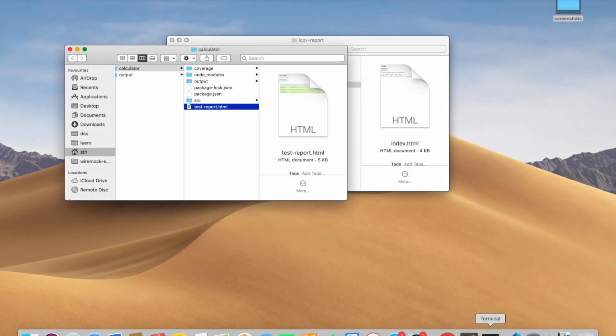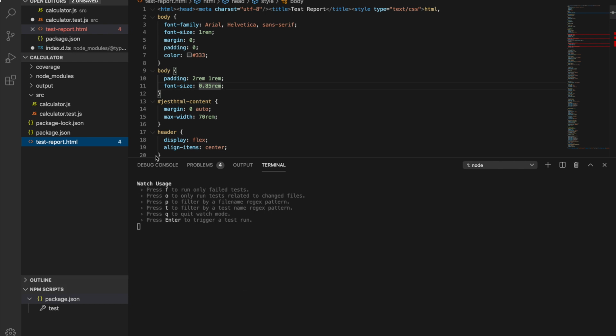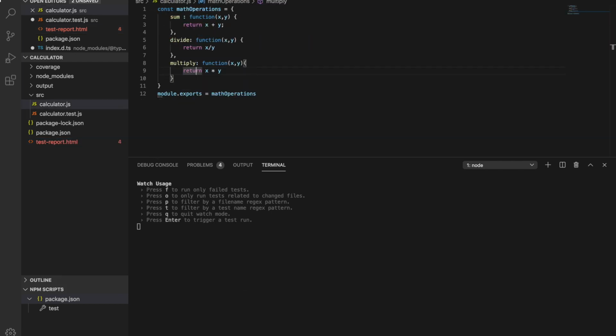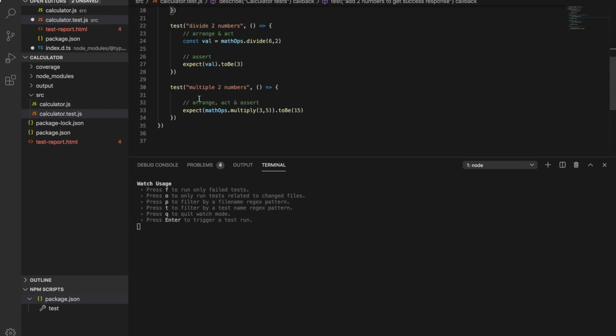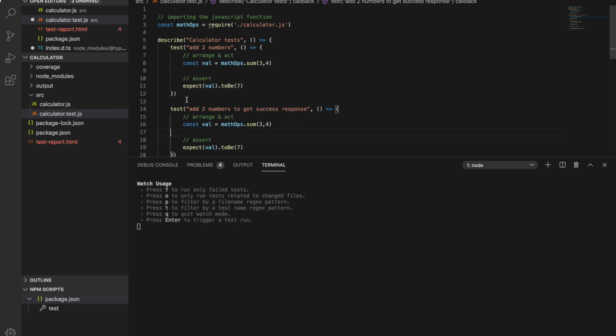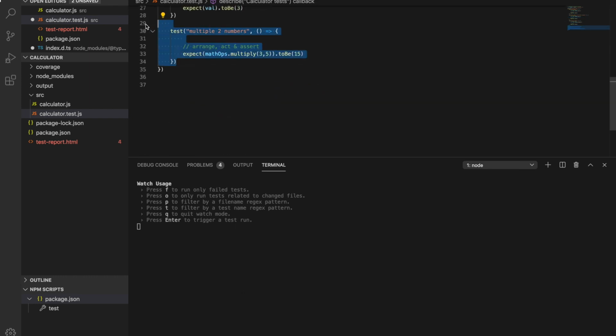Let's try to add some more tests and see if this report is getting updated. So I'll probably enable that test again. Let's write one more test here.